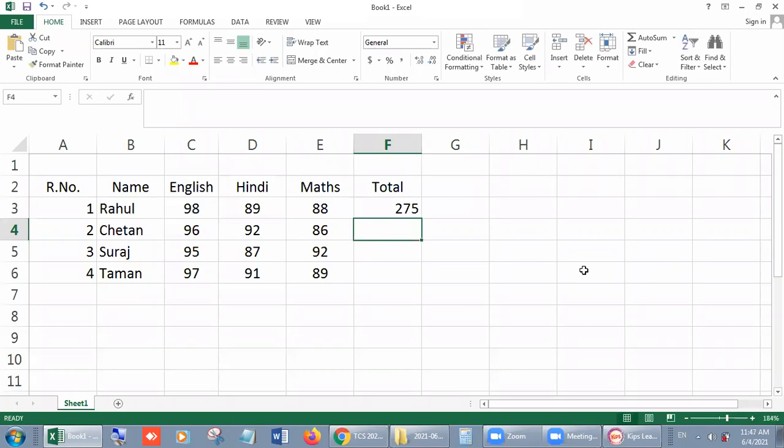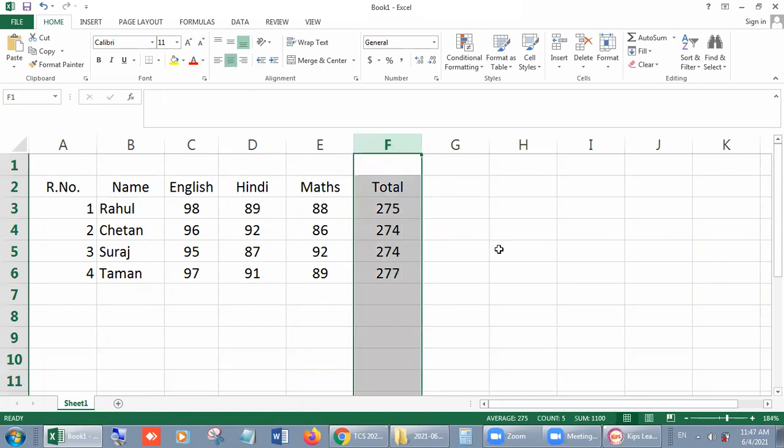Okay. And what about second line? We can do it again. Yes, na? No, no need of it, because we have already a formula with us. Just select the cell, and you will get a very small box, just lower corner, right side lower corner of the cell. When you go on it, your mouse arrow will change into black plus sign. You can see now. Look, when it is, then drag it to the last and release the mouse. Look, the remaining total automatically comes.